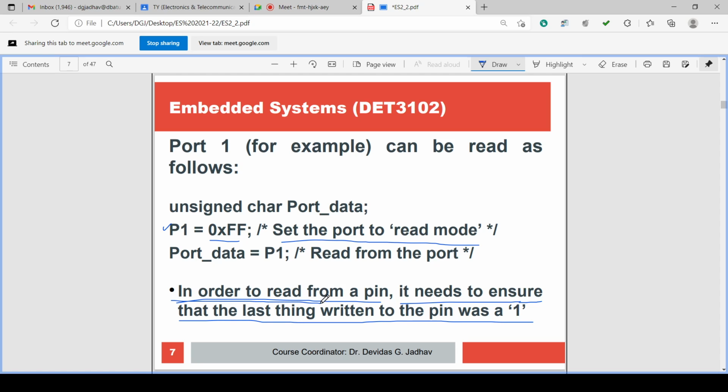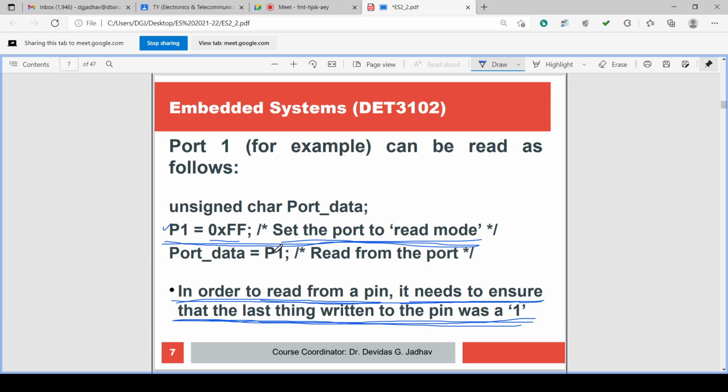The port 1 now is to be read. P1 is equal to 0xFF. For setting port 1 into read mode, we have to write 11111111, which means in order to read from the pin, the last thing written to the pin must be 1.